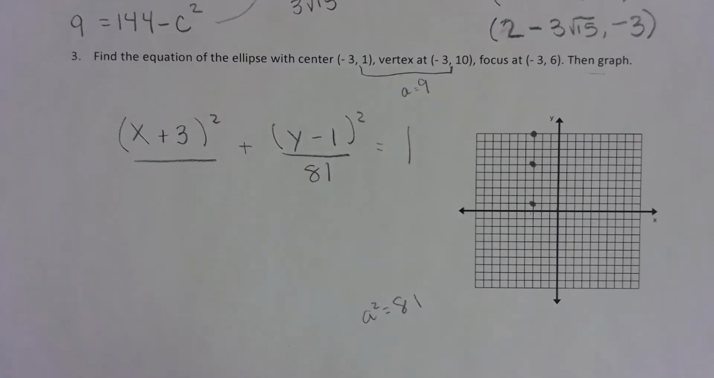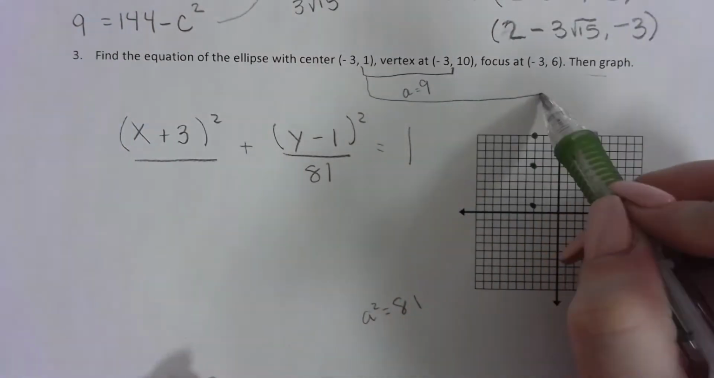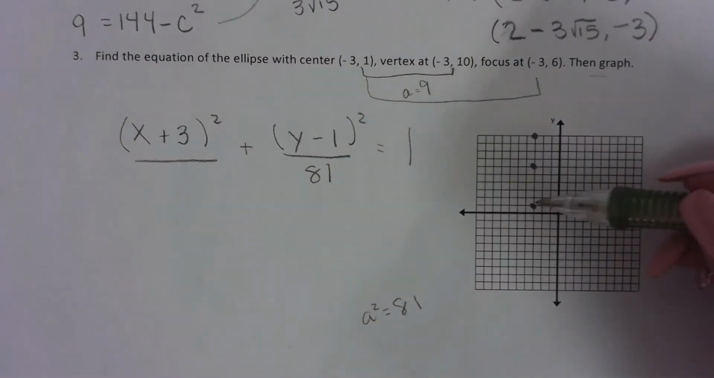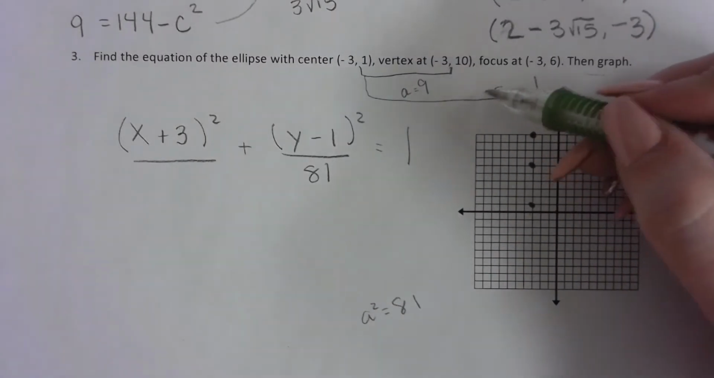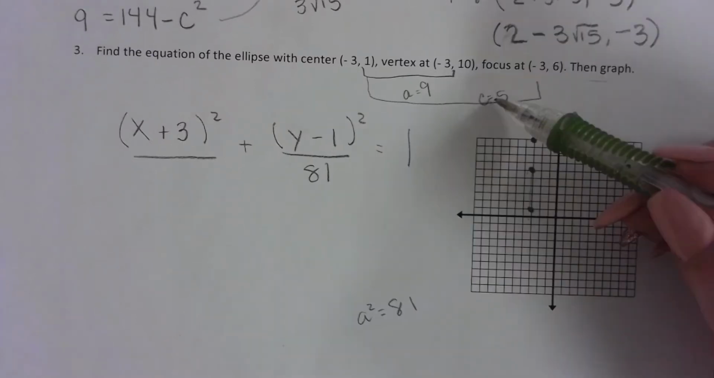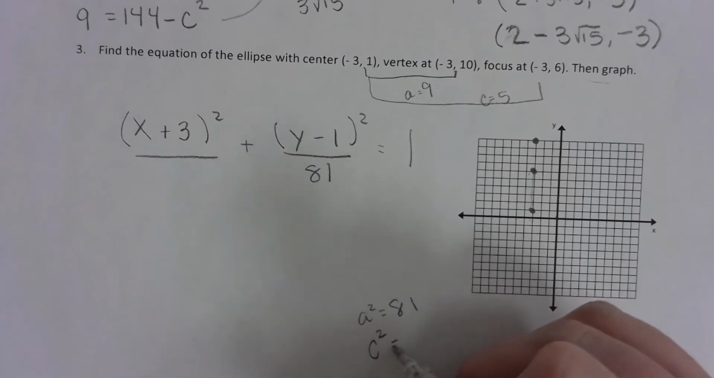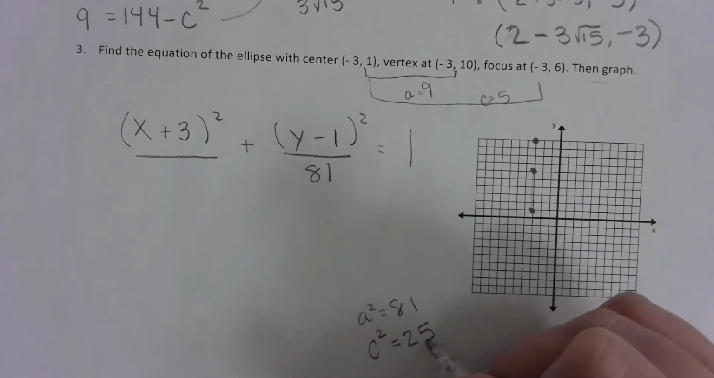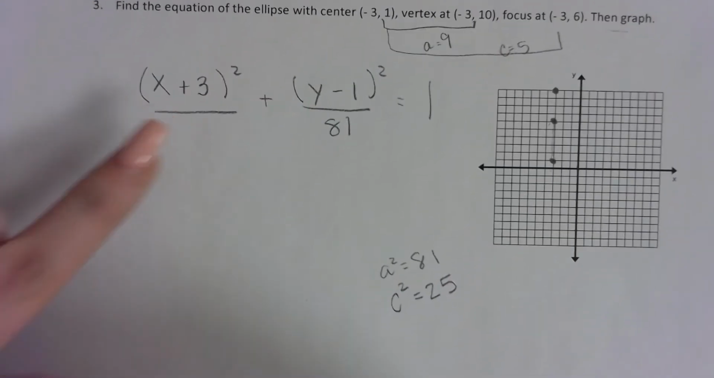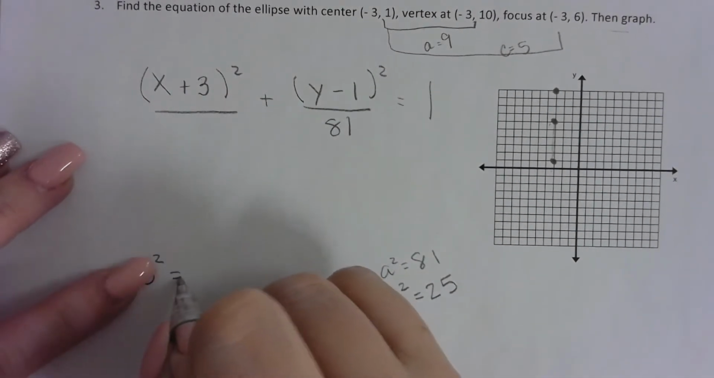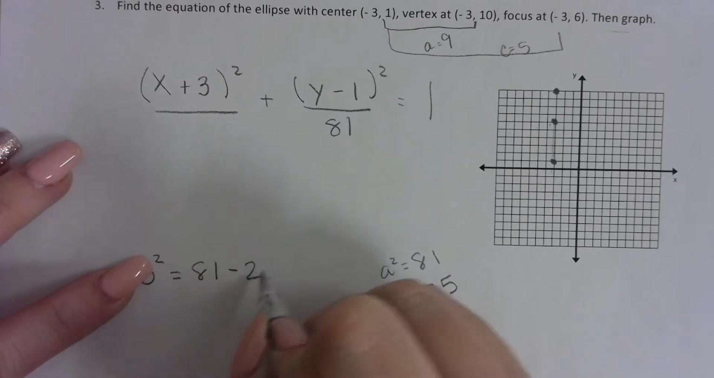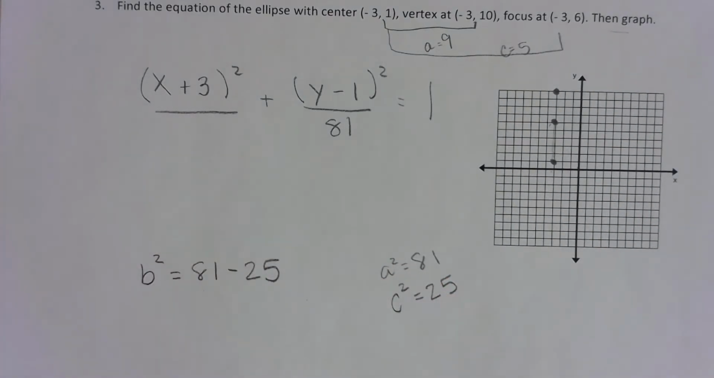Now, we also know that the foci is found from c. So now if we look at the vertex moving to the focus, that's moving a distance of 5, so that makes our c value 5, right? It started at 1, it went up to 6, so that makes that distance 5. So I know the c value is 5, which makes c squared equal to 25. Well, to find b squared, we could use our formula. b squared equals a squared minus c squared. So b squared is going to be 81 minus 25,